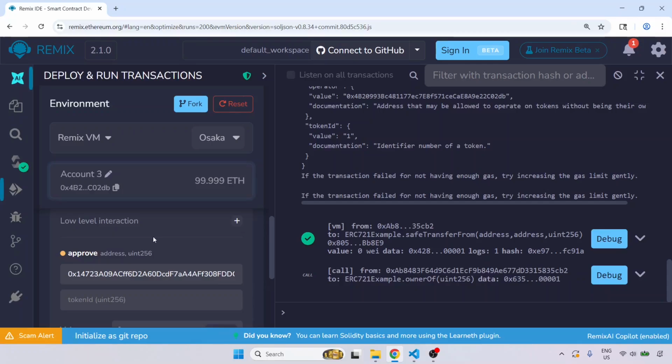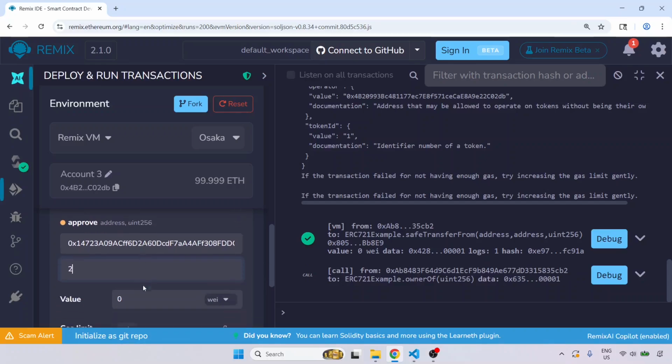So account number 3 has several tokens, right? Account number 3 has a token which is, let's say, 2. And we did create, for example, 1 token for account number 1, then 3 tokens for account number 3, and then 1 more token for account number 2. This is how it was, right? I remember this method, but if you are not sure, use the methods to call who is the owner of